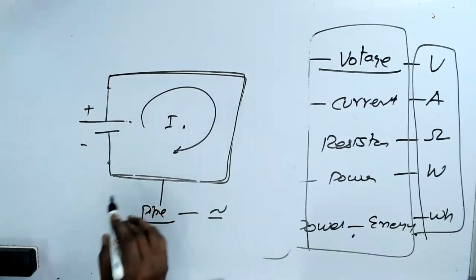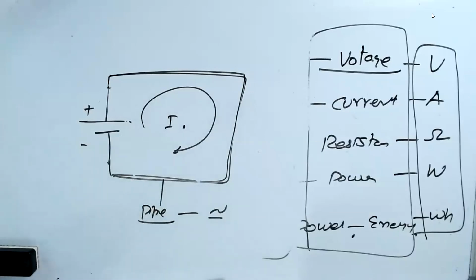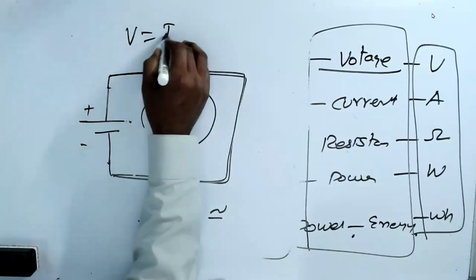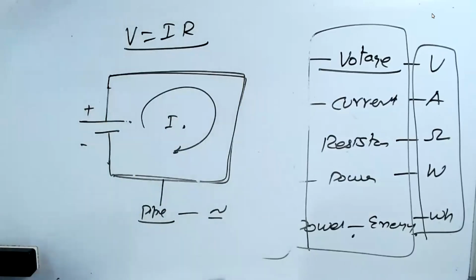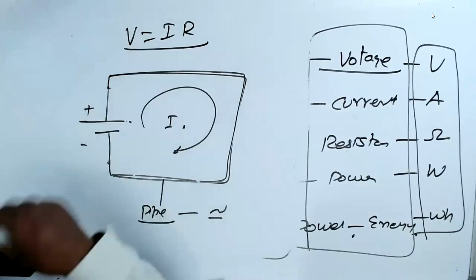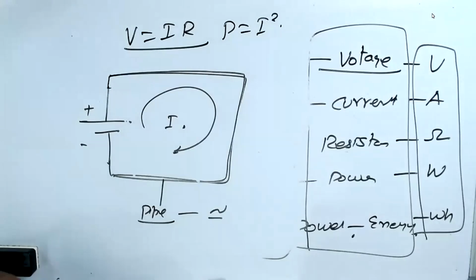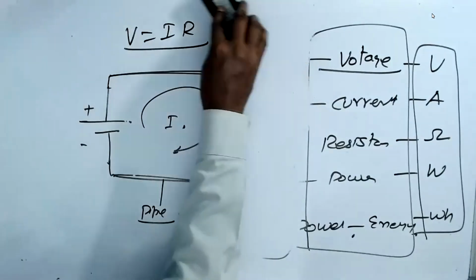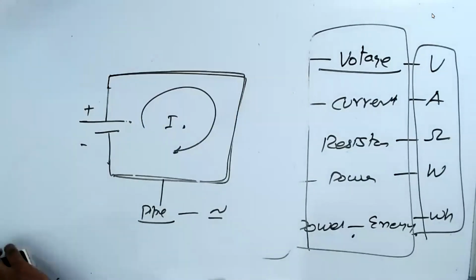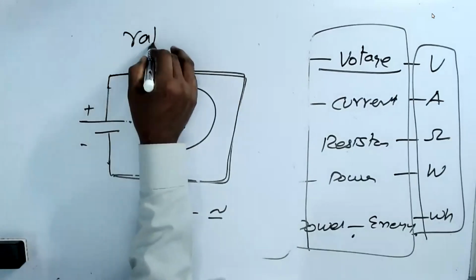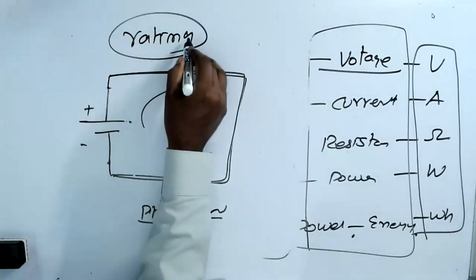That is what we're going to discuss in the next session. I'll explain in more detail next session. Since we have not discussed more about V equals IR, we are going to do that. Next session, we are going to do the relation between P equals I squared R, like that. I'll explain exactly what is called rating. It's very important.